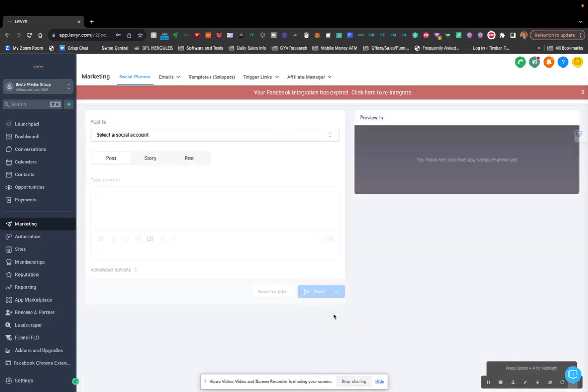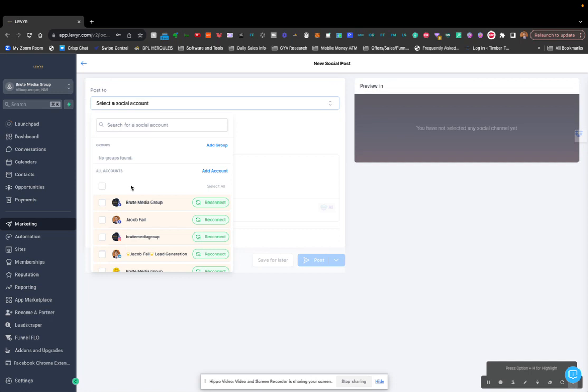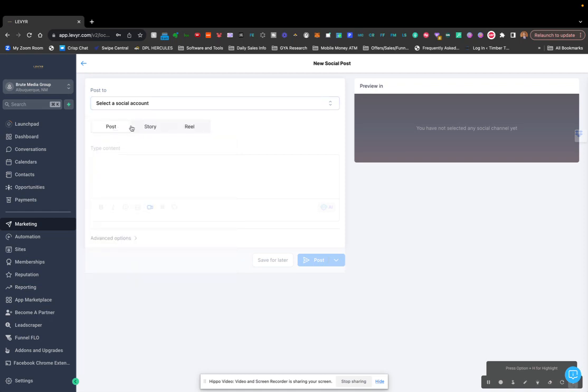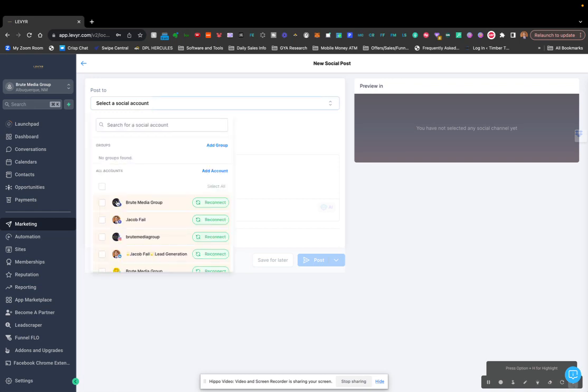So you can come in here, create a new post, and select whatever social channels you want it to go to. You can add in accounts, you can add groups of accounts. You can say if you want it to be a post, a story, or a reel. You type in the content,